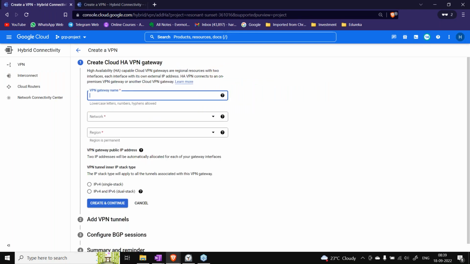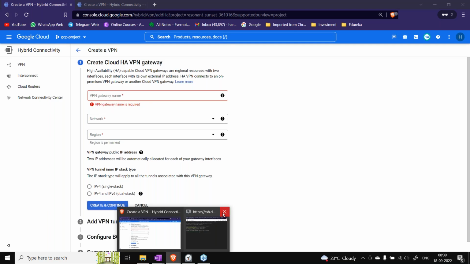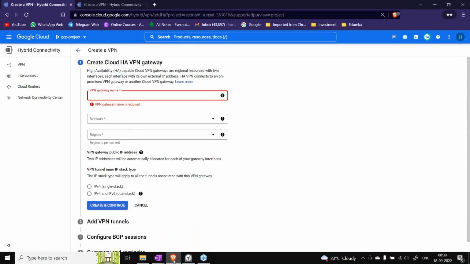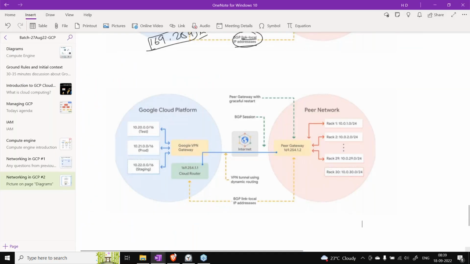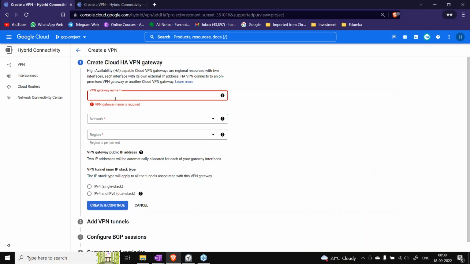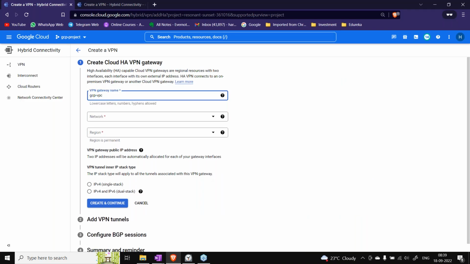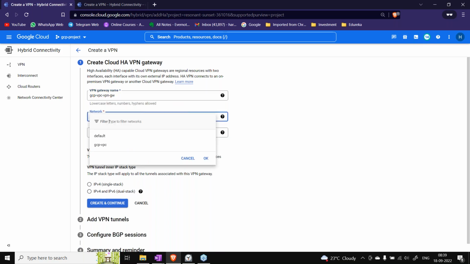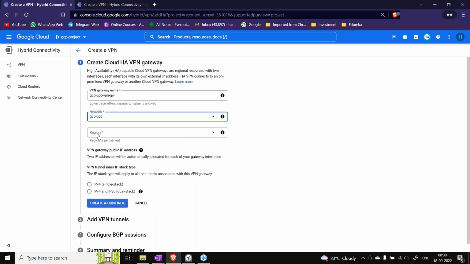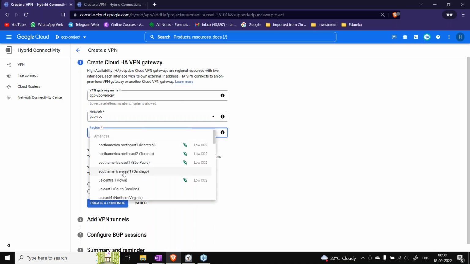As I said on this particular diagram, we are going to create a gateway first, right? So let's name it VPN gateway. Then we are going to select our VPC and region.